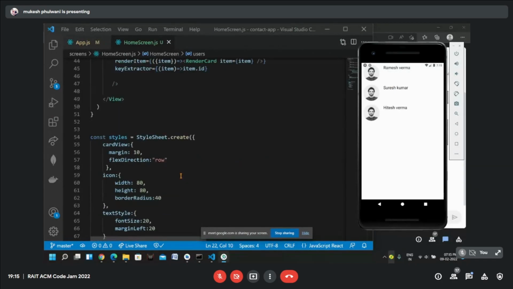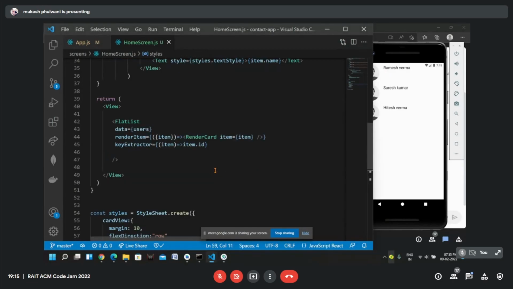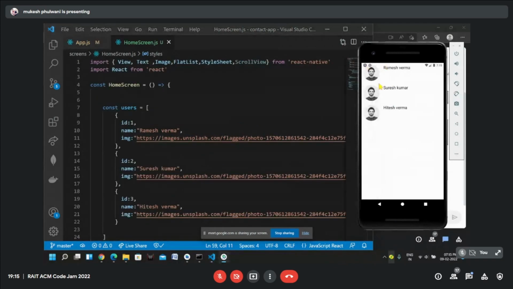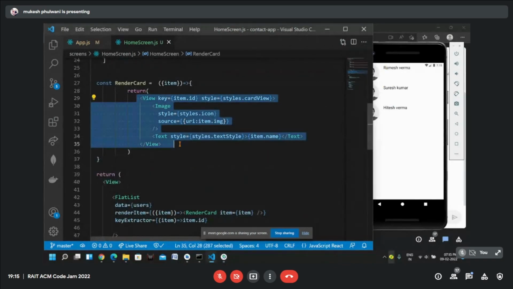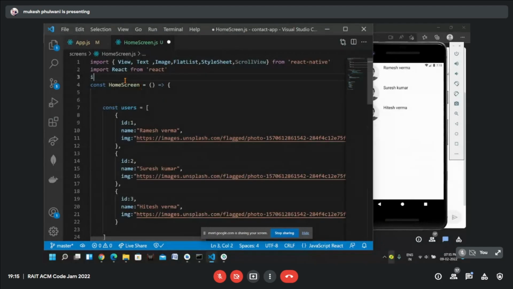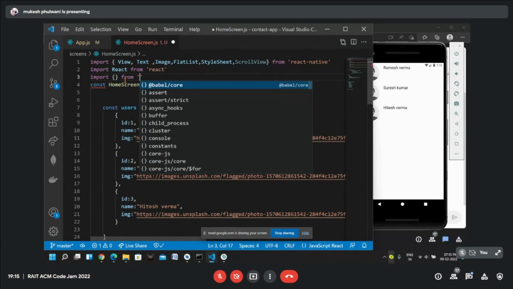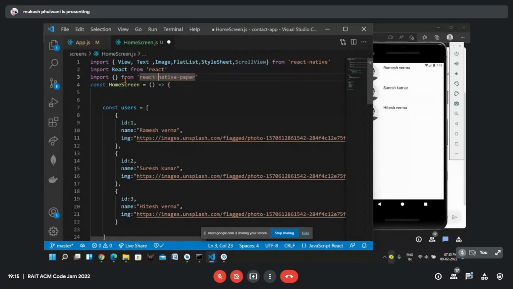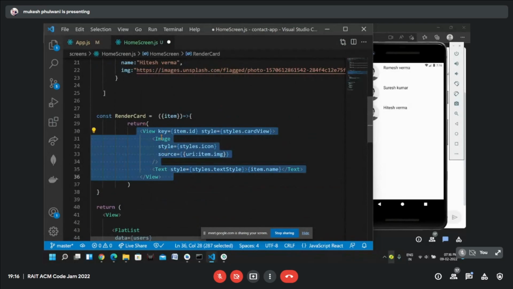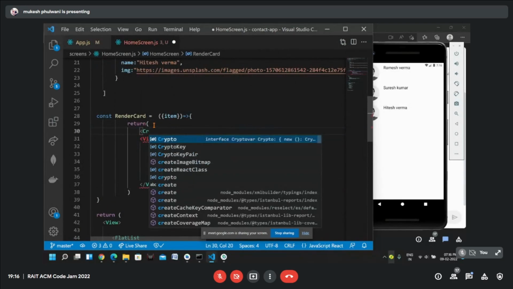Okay, I want this name to be on center. First of all, we installed our React Native Paper, and again we are not using it. Let's use it, right? I want this view to turn into a card. Okay, we want a beautiful card here. So from React Native Paper, we can import something called Card. So we have the Card component, and what we can do is wrap our view with a Card.